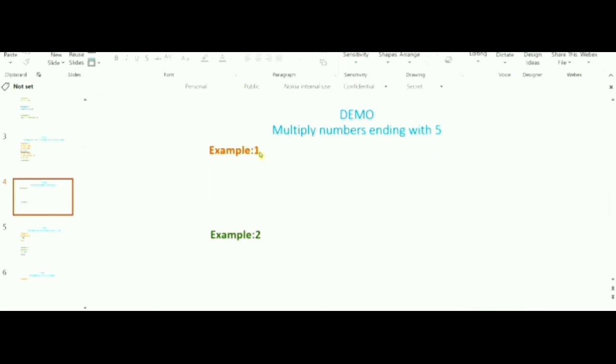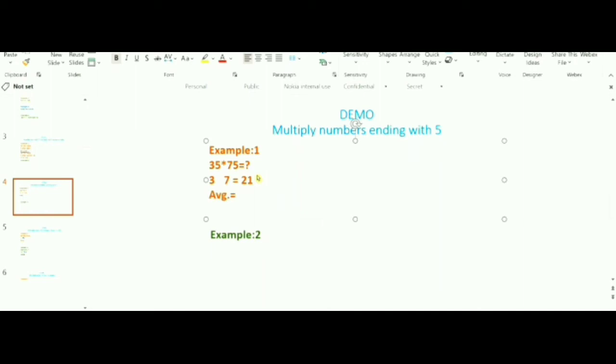All right, let's see the next trick. This is about multiplying numbers ending with 5. For example, I'll take 35 into suppose 75. I need to find the answer. In this case, forget about the 5. You need to omit this 5. Do not think about 5 for the time being. So 3 and the other one is 7. First of all, you need to multiply them. If we multiply 3 into 7, the output will be 21. Then you need to find the average of 3 and 7. What will be the average?